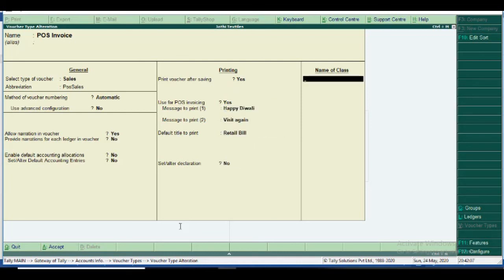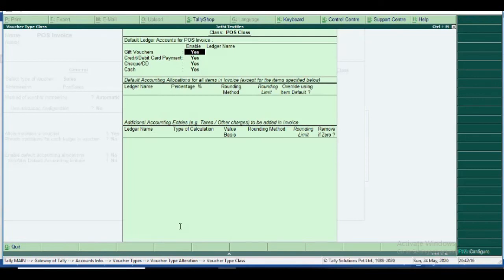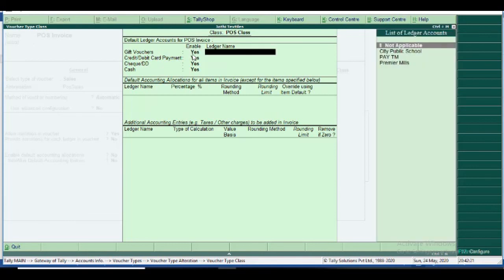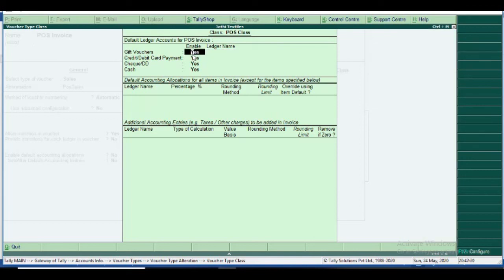Okay, but I newly enter the name of the class as POS class. Then the subscreen comes. Yes, gift voucher I would like to enable, with the name as Paytm. Some retailers don't have gift vouchers, so you disable it; you give no, and the second option automatically goes. Okay, some retailers do not have credit card swipe machines, so that type of retailer gives no here. Okay, but we have all these four.